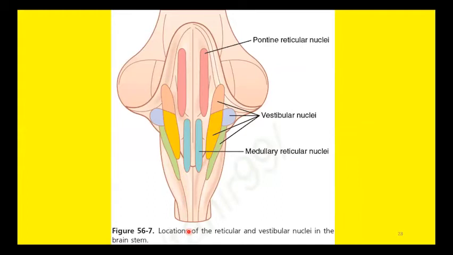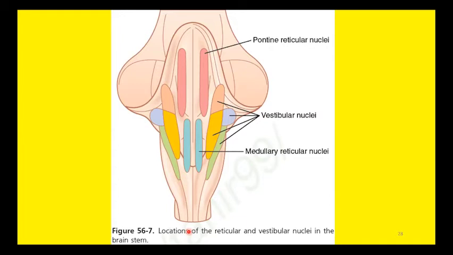So now we will move on to the extrapyramidal pathways. All the descending pathways except the pyramidal pathways, that is except lateral corticospinal and anterior corticospinal pathway, the rest of the descending pathways are known as the extrapyramidal pathways, and one of them is the reticulospinal pathway. So we will trace out the reticulospinal tract now. Why are they called reticulospinal tract? Because the source of origin is the reticular formation in the brainstem.